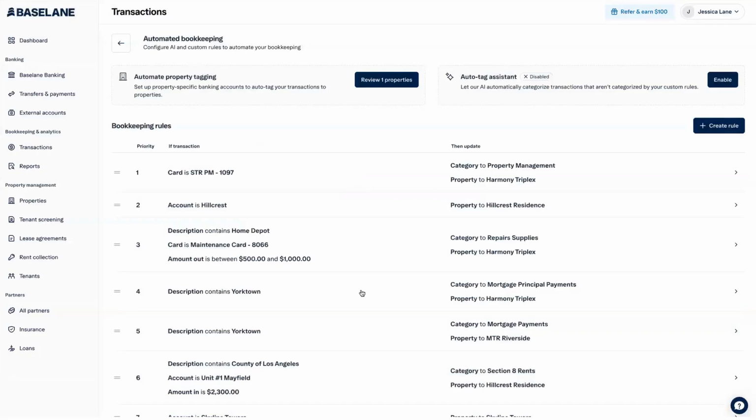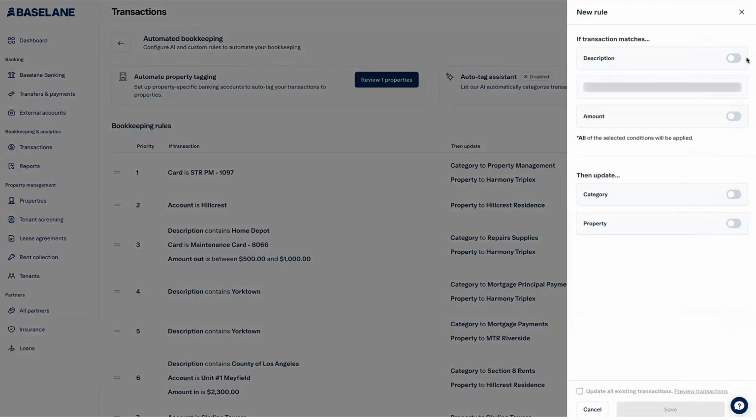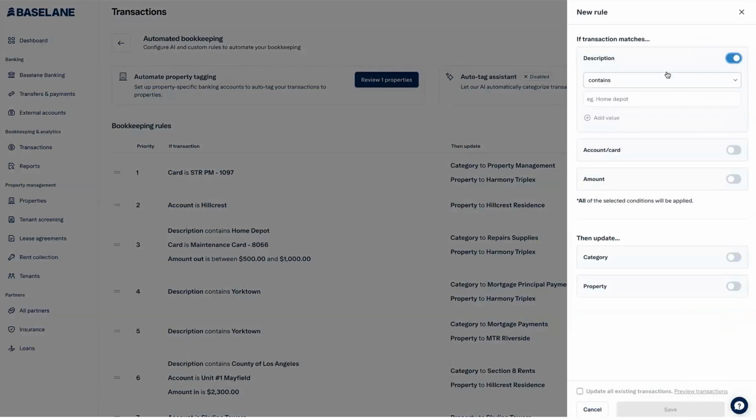Now, what I personally love is that rule-based tagging, and that's because there could be reoccurring payments that come in. As an example, I was talking to an investor who has Section 8 housing, right? So the state provides them with direct deposit. They also collect rent for the tenant's portion on Baselane. They now are using